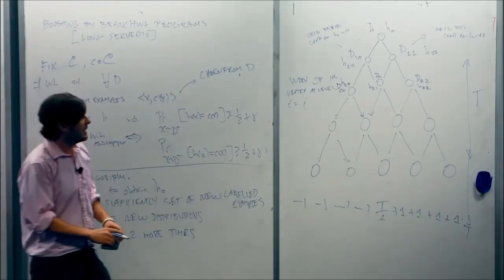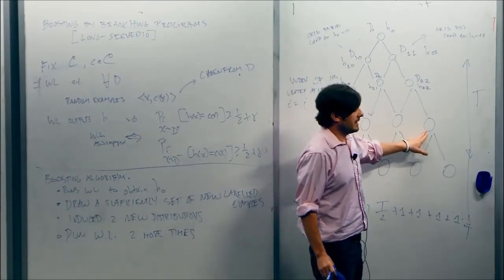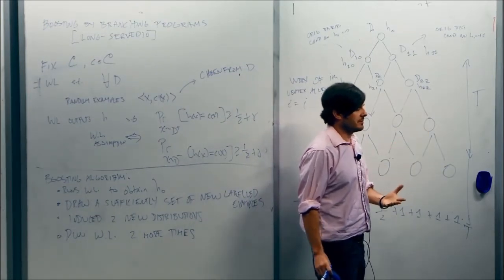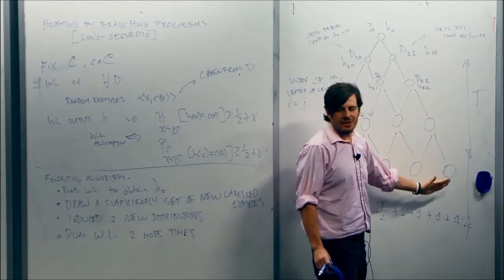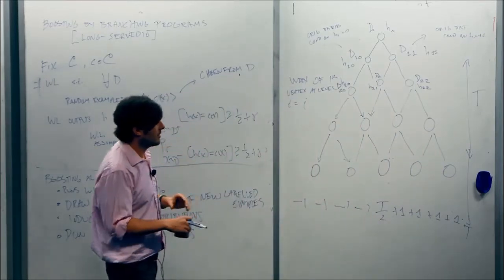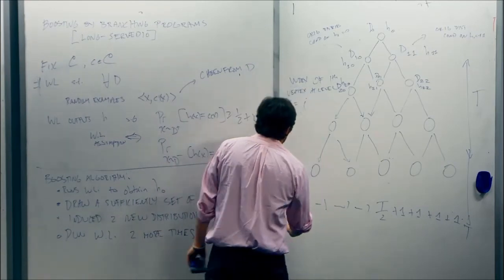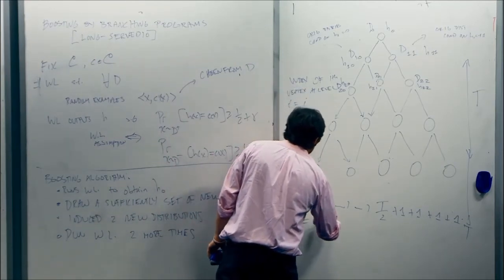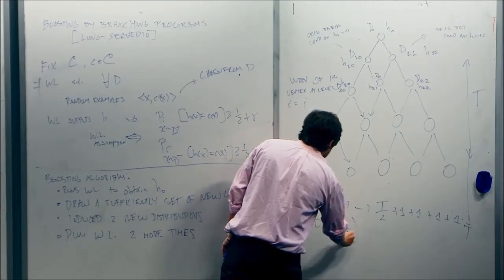If I'm at some node in my branching program, and I've taken a sufficiently large sequence of examples, and none of them reach this node, then I'll just ignore it. I'll chop it off from the branching program. It's not going to be relevant. And looking ahead, I'm going to choose t to be order log 1 over epsilon over gamma squared.